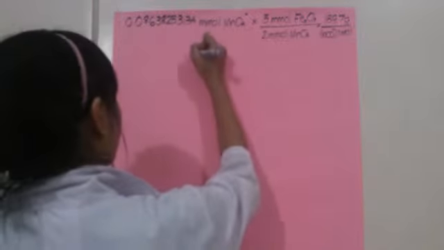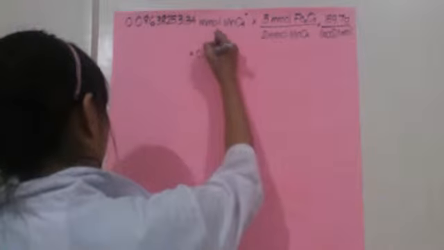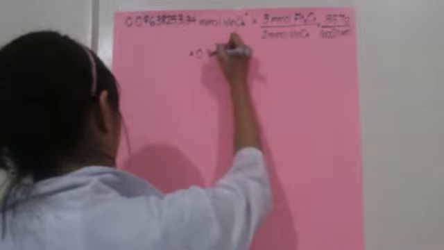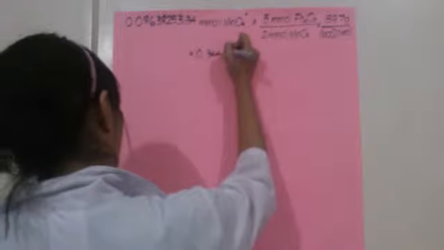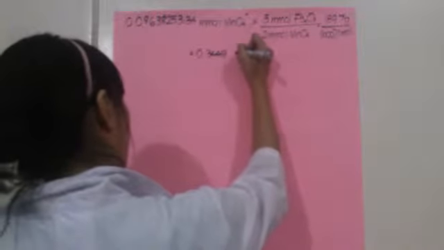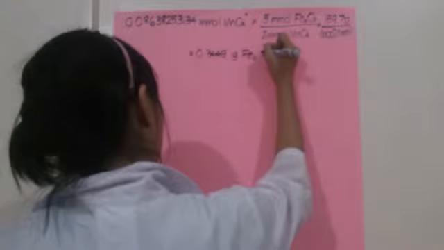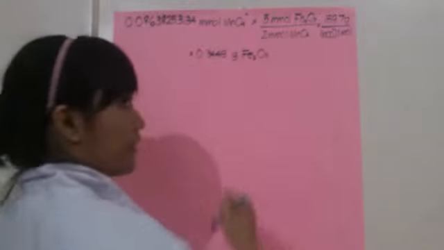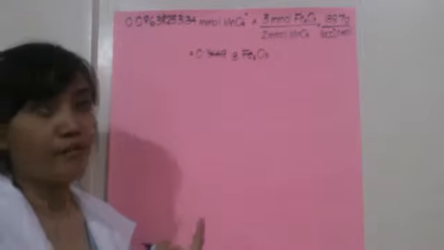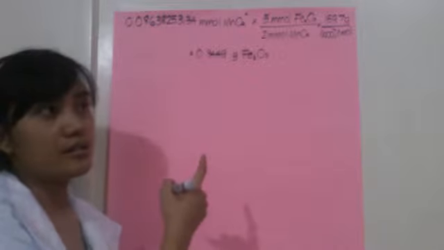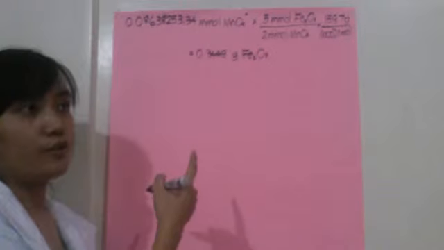Then you will get an answer of, there. You now have the mass of Fe2O3, and you can now use this as your numerator for getting the